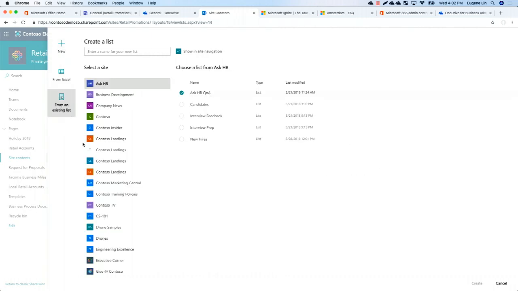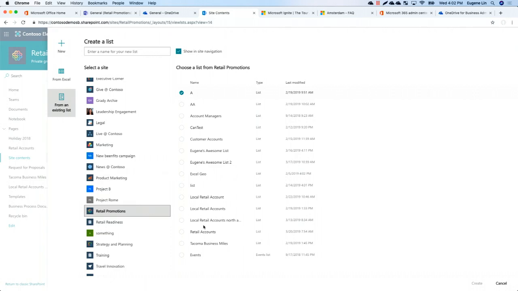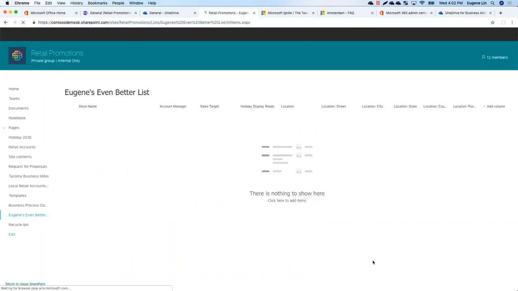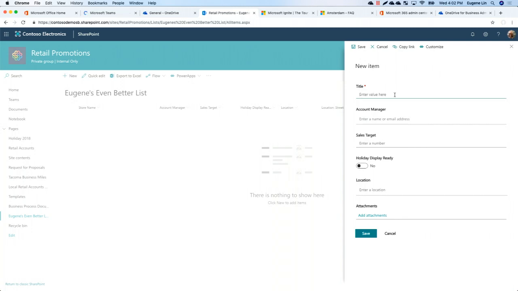I can choose a list not just from this site, but from any site in my organization. So in this case, I'm going to choose retail promotions, and I'm going to choose retail accounts. And I'm going to call this Eugene's Even Better List. I'm going to go create that. This is now going to create a new list with no content in it that shares all of the same columns, all of the same metadata as that list. So I can now go ahead and say,